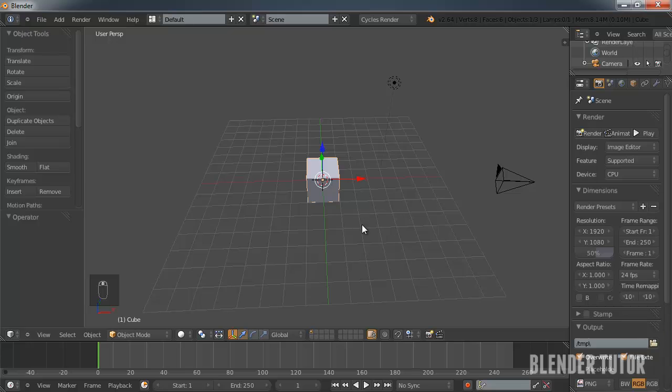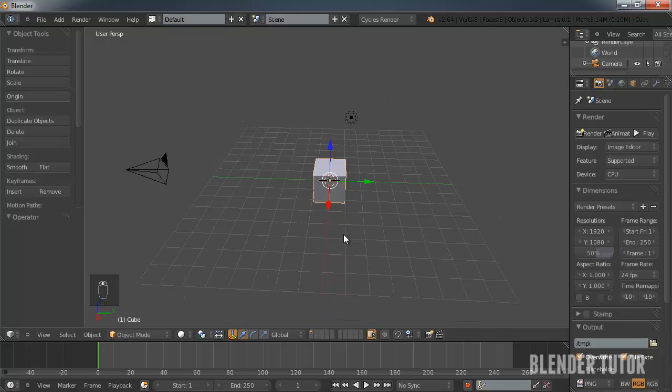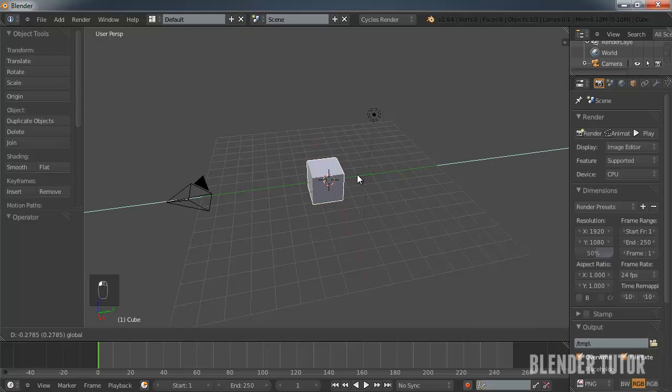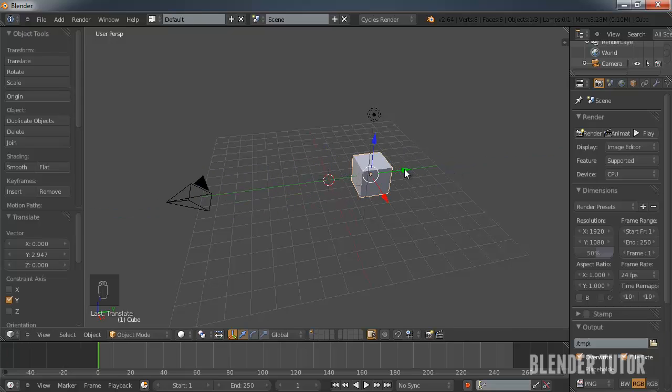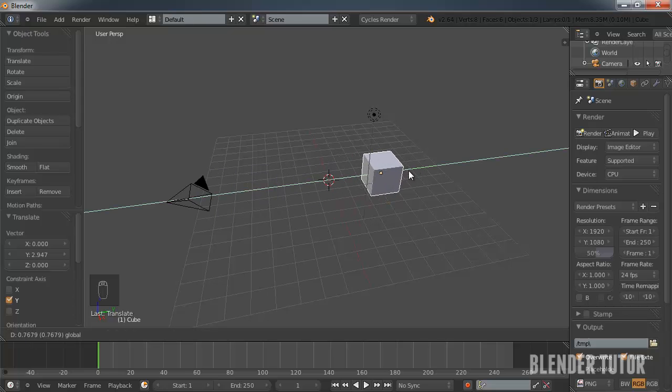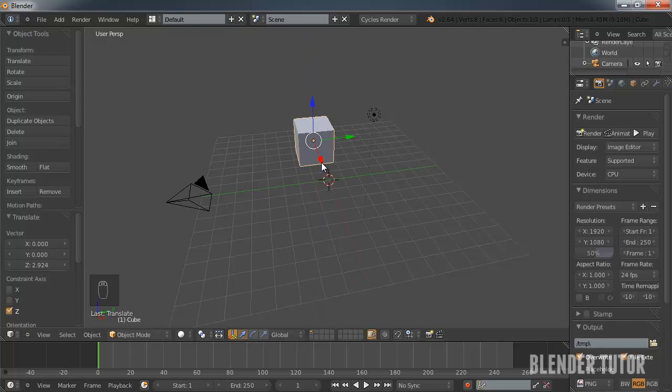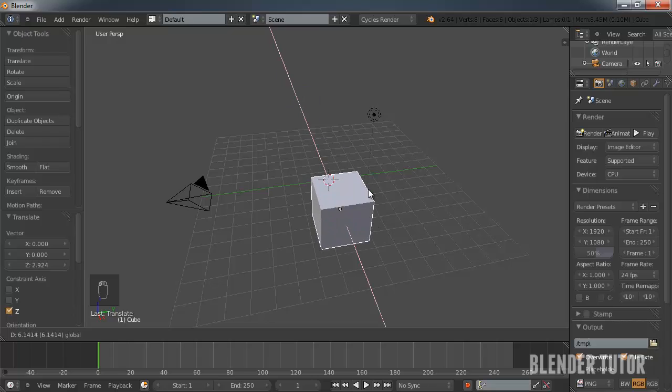So now let's talk about moving objects around in the 3D view. We have this cube here, and you see these green, red, and blue arrows. These are your manipulators, I guess, and you're basically just going to click on them to move in the direction that the arrow is pointing. So if I hit this green one, I'm going to move along the Y axis. Blue will be up and down on the Z, and then the red will be the X.